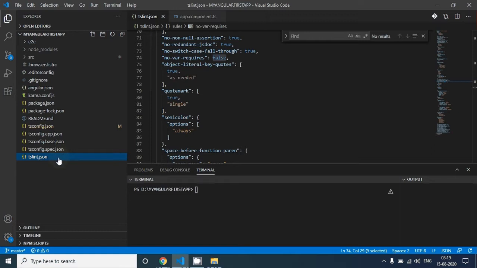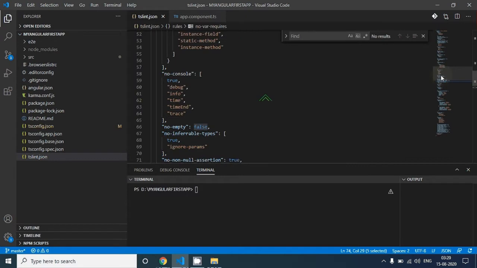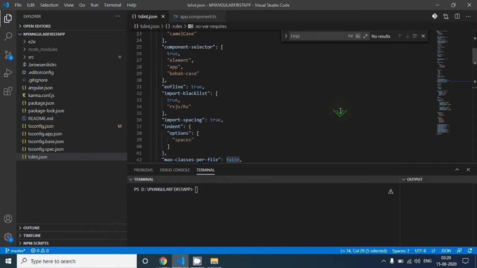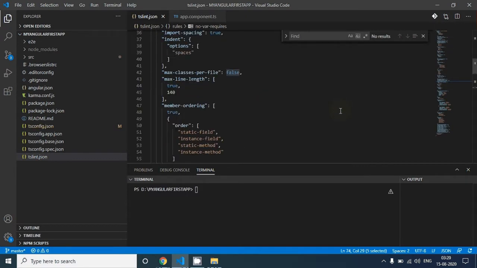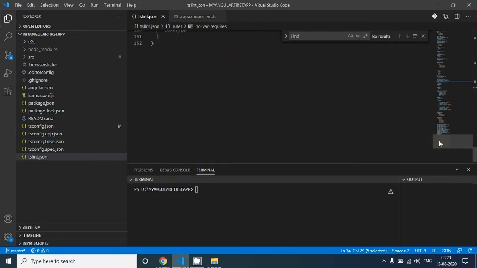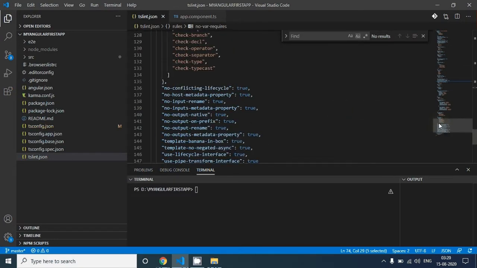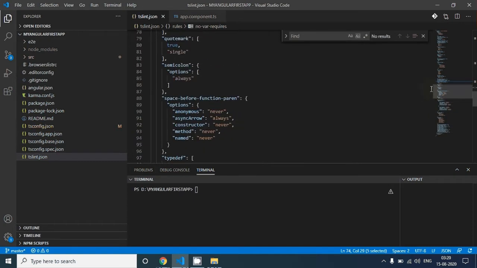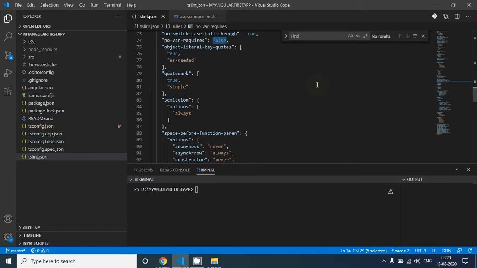This is the linting file, tslint.json. A tslint file is a tool that checks our TypeScript code for readability, maintainability, and functionality errors. This file contains its configuration, where we can set the rules for the project. There are n number of rules that we can set in this tslint file. If you want me to cover all of them, please write in the comment box below. Let's see one of the major rules that we can use in our project.